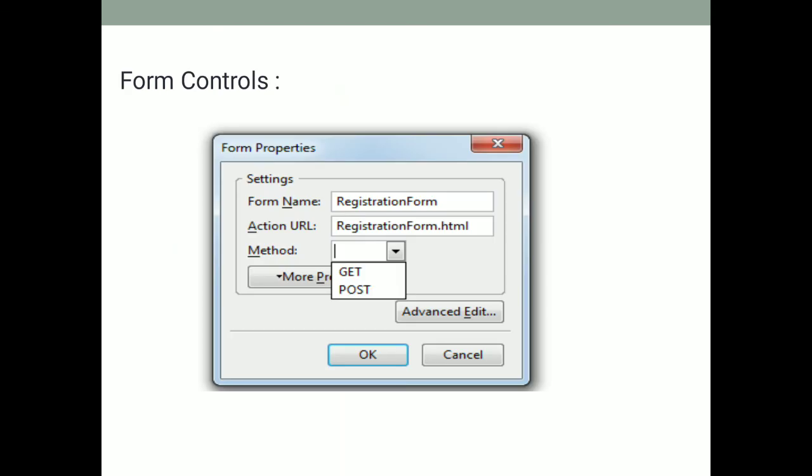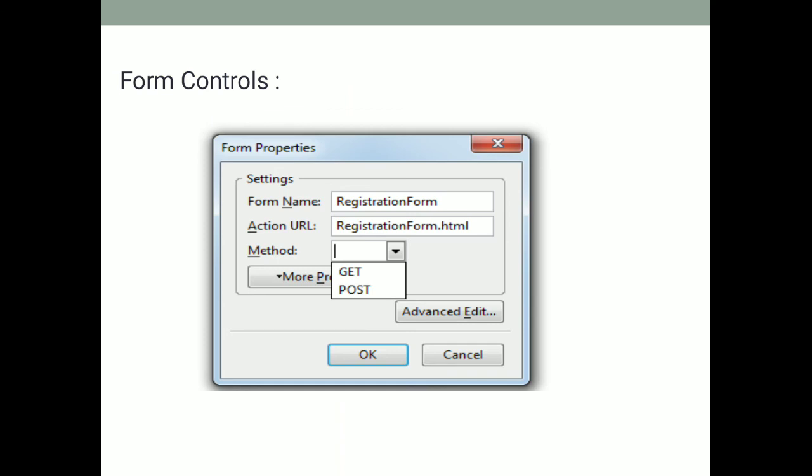Then these are the basic IDE gateway of the composer. I already shared the total layout of the composer, but whenever you are inserting the form control, the form comes as a container tag which stores all the multiple controls of the web page.